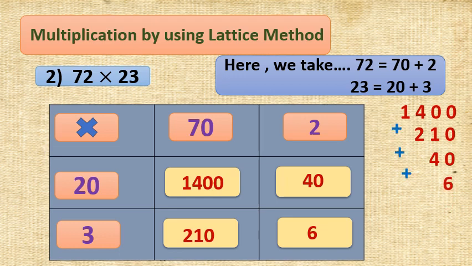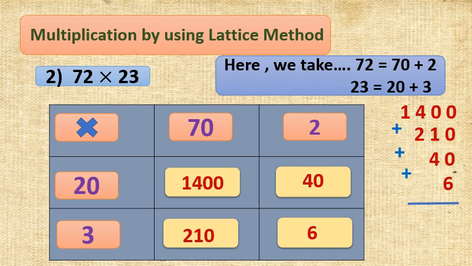Students, remember while adding you are going to write in vertical form. Then don't make a mistake in writing, because you have to remember the places of each number. The last 6 is there, correct? That 6 you have to write here only in the unit place, not here or here, because it will give us a wrong answer. So you have to write the 6 in the unit place.